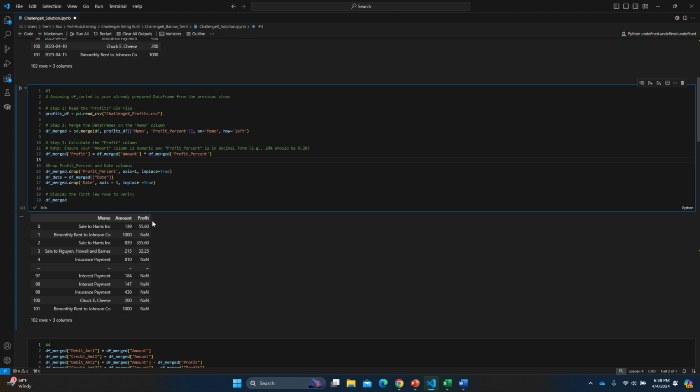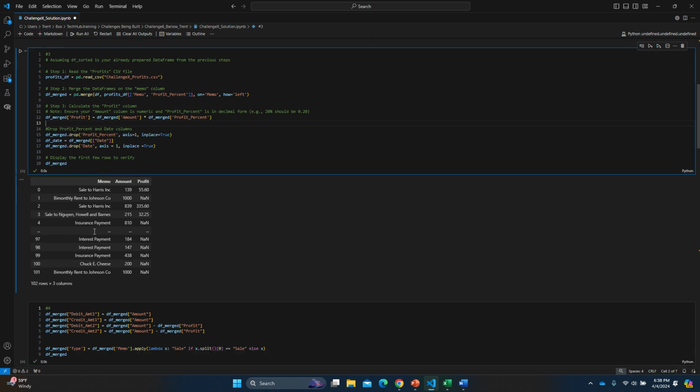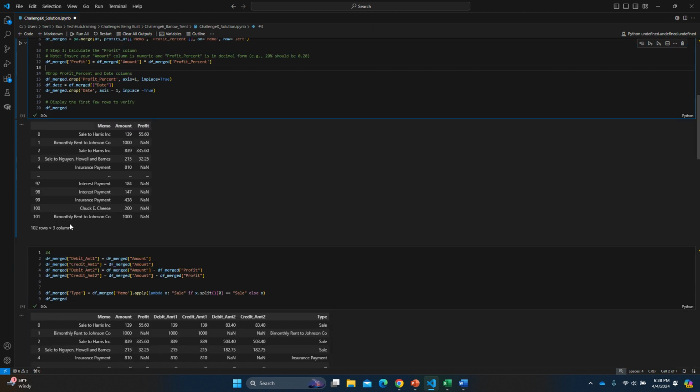We know, if we set it up so that it would come up with a non-applicable value if it's a transaction that doesn't need a profit associated with it. So any kind of expense really isn't going to have a profit associated with it. So then we will